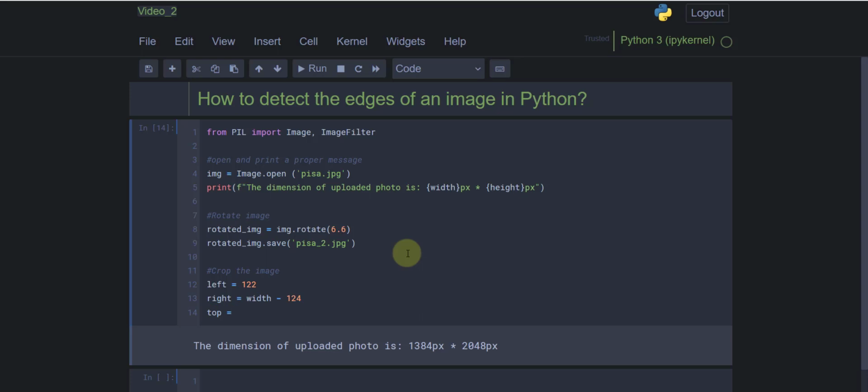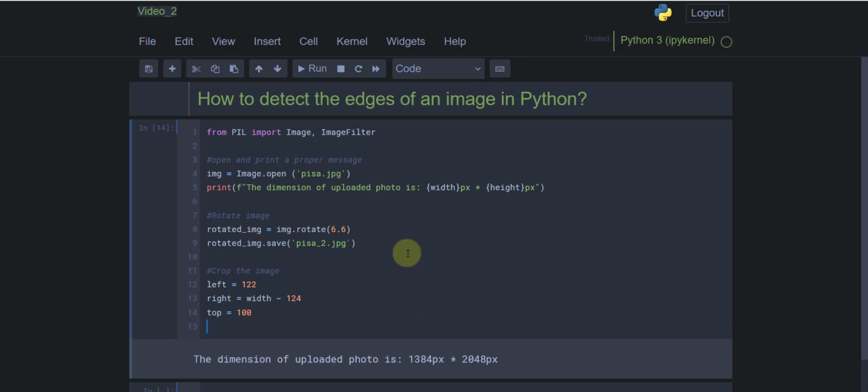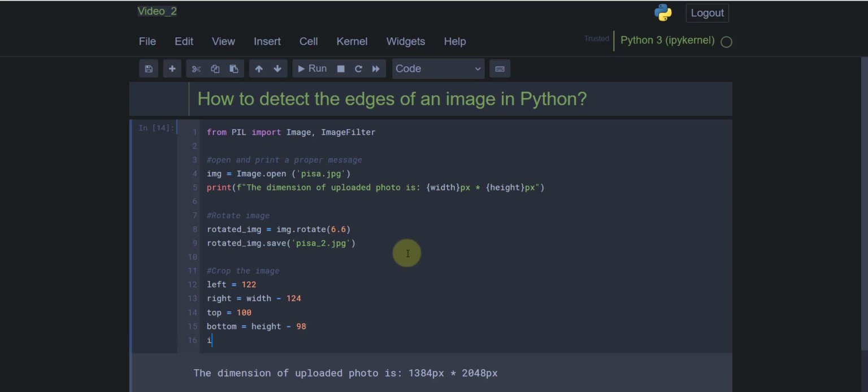For the top area, I'm gonna use 100, and for the bottom part, I'm gonna use minus 98. So here, I'm gonna save it like image cropped,